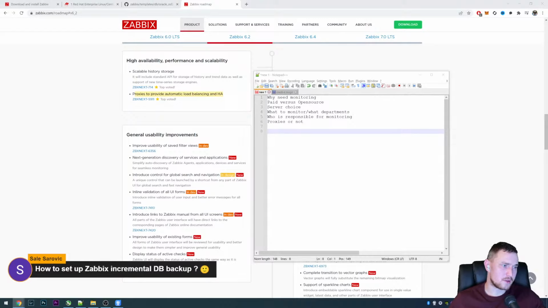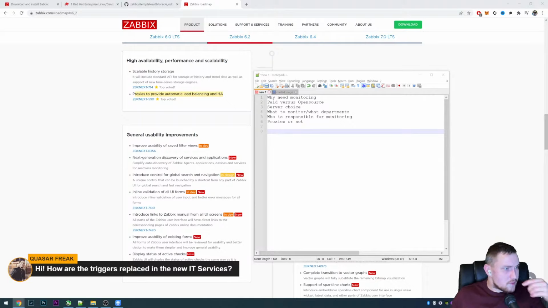Configuration data will probably take, depending on the installation, a couple of gigs, so the backup itself could run in a couple of minutes. If you're running virtualized, RDS or whatever, then just take a snapshot and it's done. But yeah, incremental database backups are not good for Zabbix, I think.